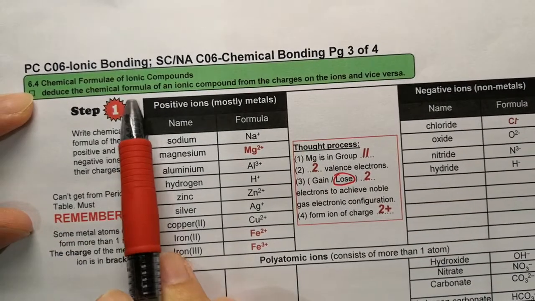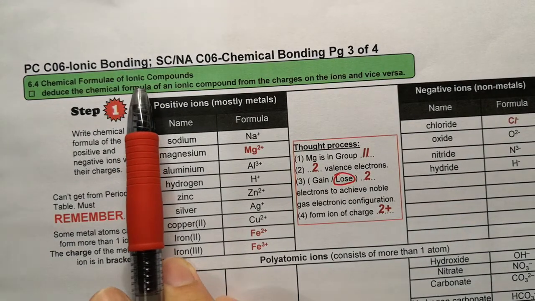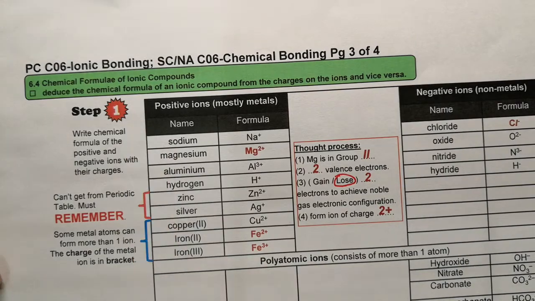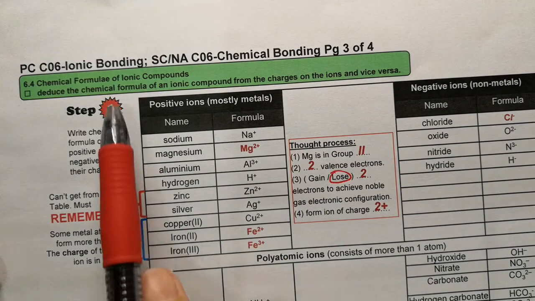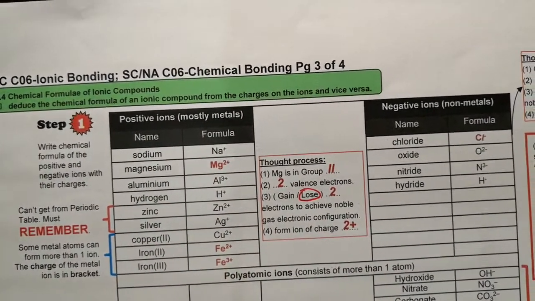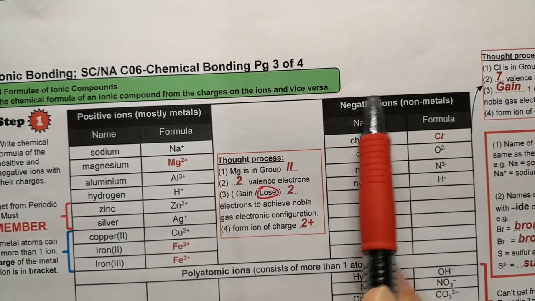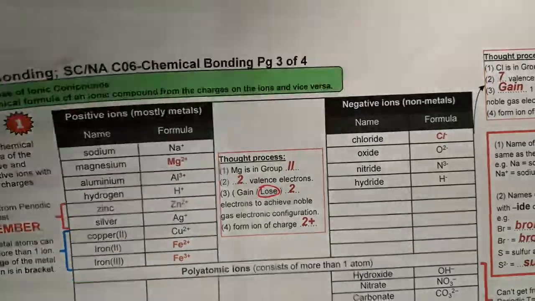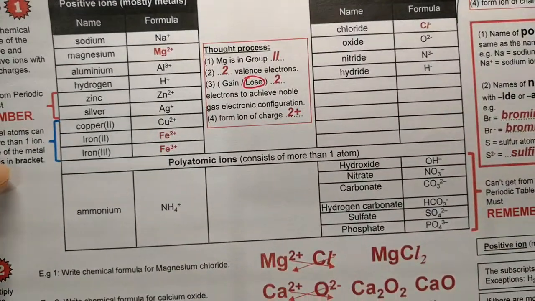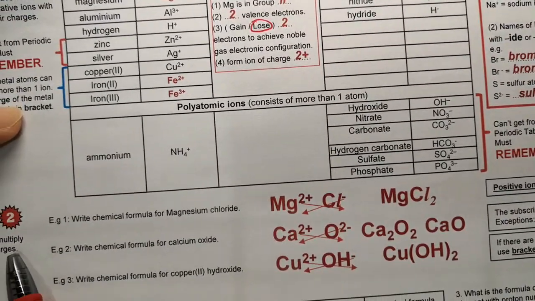So, to get back to the lesson objective: in order to deduce the chemical formula of an ionic compound, the first step is to find out the chemical formula of the positive ion as well as the negative ion. Once you get the formula of the negative ion and the positive ion, step 2 will be to cross multiply